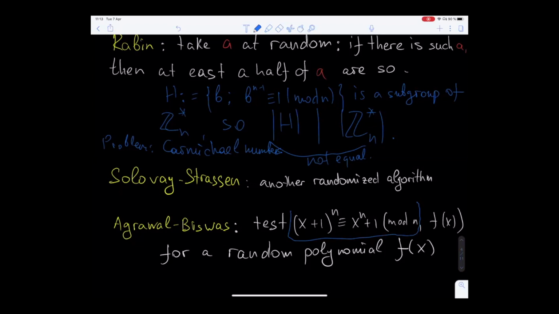And Agrawal and Biswas basically came up with an algorithm for checking if a number is a prime, a randomized algorithm, in which what they did is they checked this identity for two polynomials modulo a random polynomial f of x. I'm not going to get into more details, but